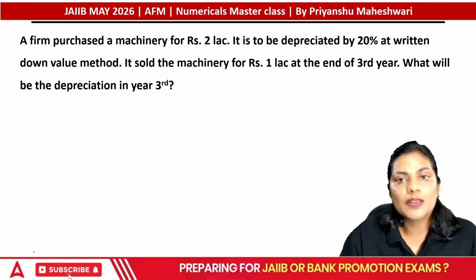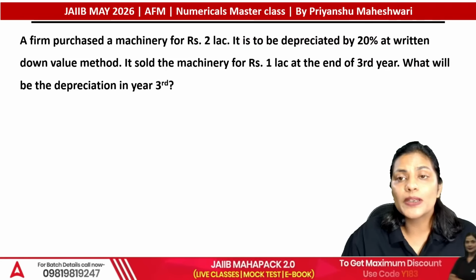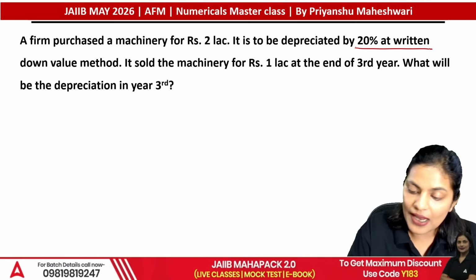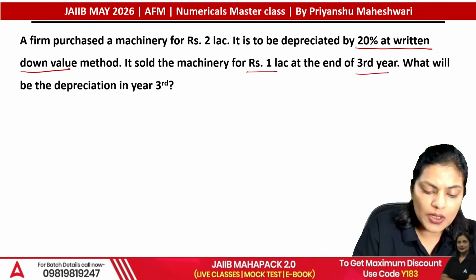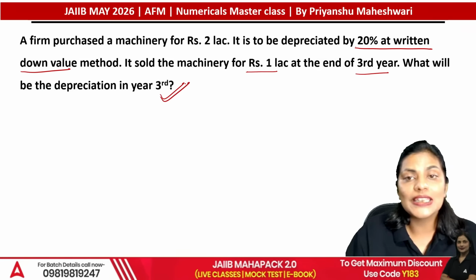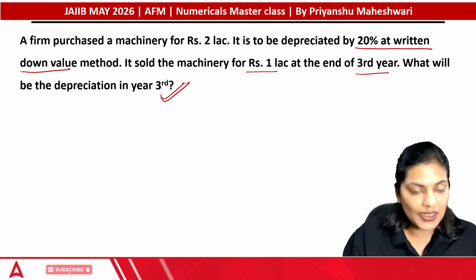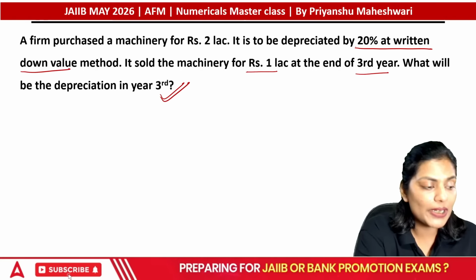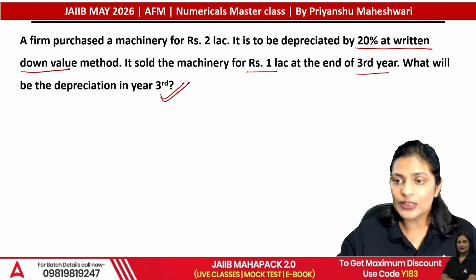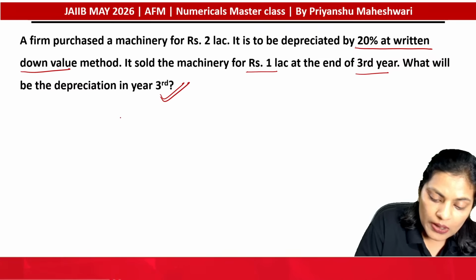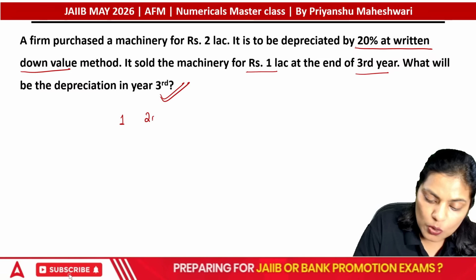A firm purchases a machinery for rupees 2 lakh. It is to be depreciated by 20% at written down value method. It could be diminishing balance method, it could be written down value method. It sold the machinery for rupees 1 lakh at the end of the year. What will be the depreciation in year third? Kept it third year for a purpose so that you are able to identify how we move in this area. So year 1, 2 lakh